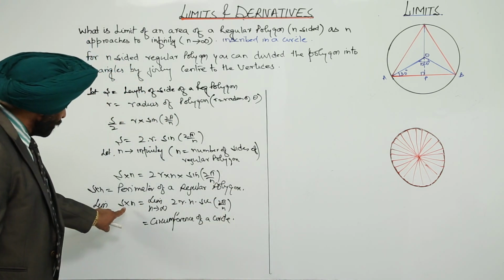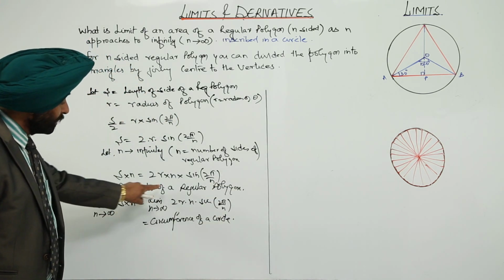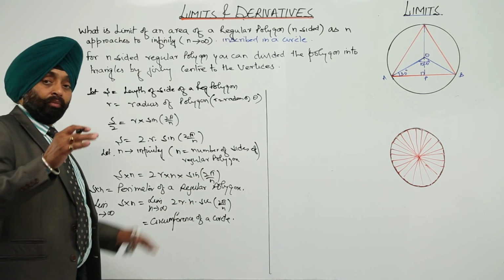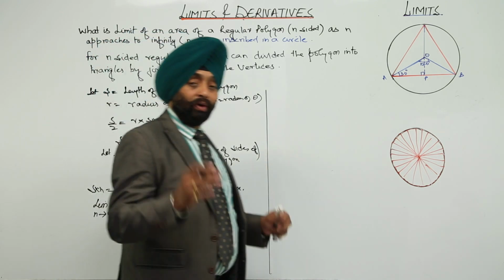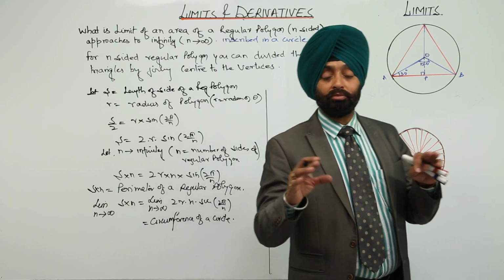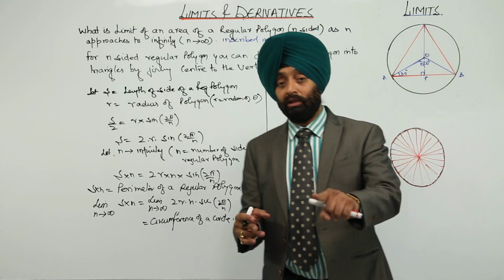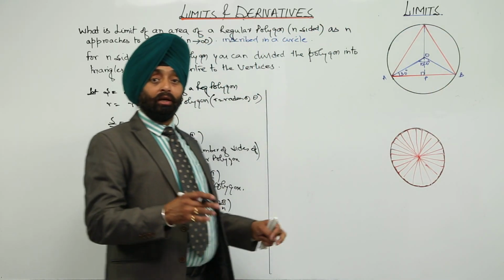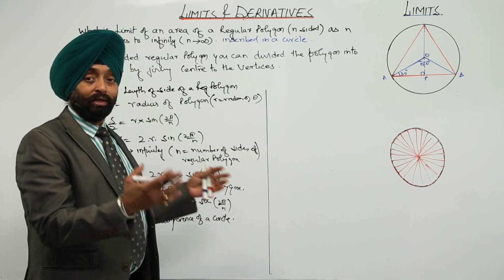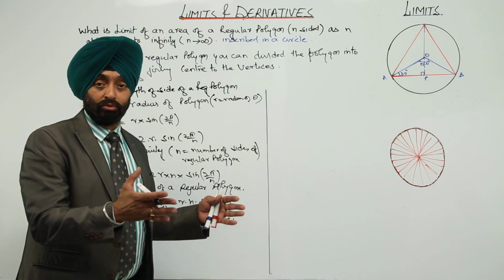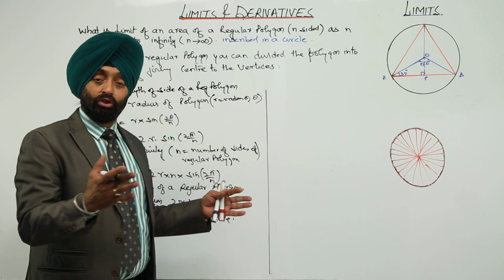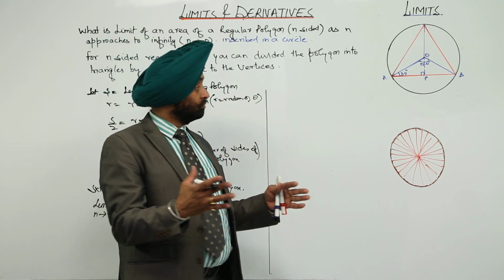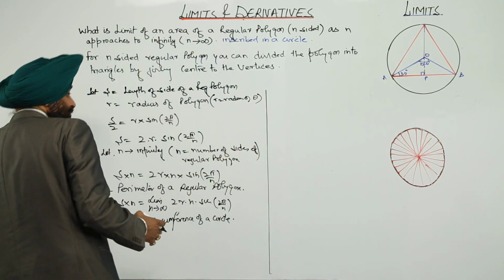Okay. So what we are having now: the perimeter of a regular polygon with n sides, when n approaches infinity, becomes a circle. It is not a circle. Remember, it is not a circle, but it seems to be a circle. That is, it is approaching a circle. This is what I just want to teach you. Is it clear?